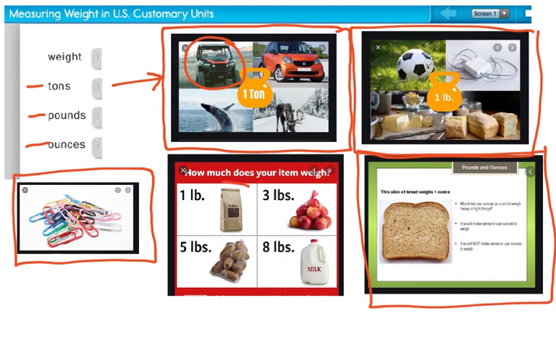So you think about things that we might find in our kitchen. A bag of coffee would weigh about a pound. A small bag of apples, about 3 pounds. A bag of potatoes you can buy in 5 pounds or 10 pounds. Or a gallon of milk weighs about 8 pounds. So just to get those measuring weights in your mind,